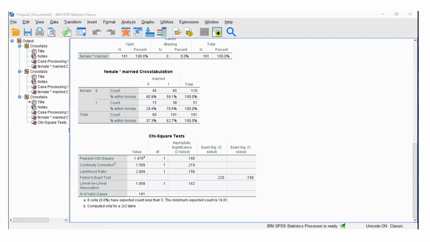To reject. Yeah, so we fail to reject. We don't use the term accept the null hypothesis, right? What we have found is that we don't have sufficient evidence to reject the null hypothesis. So we fail to reject it.